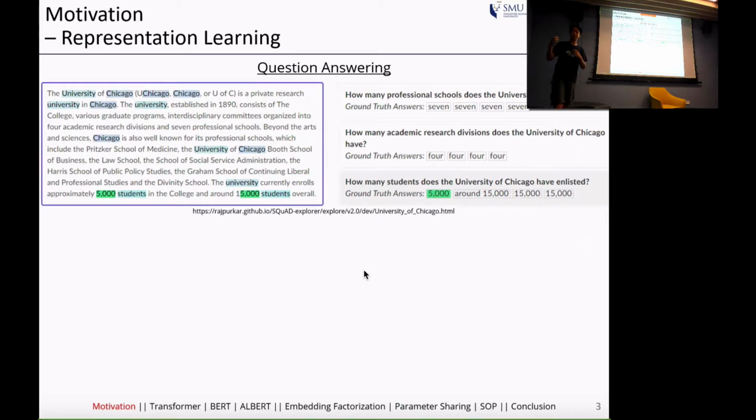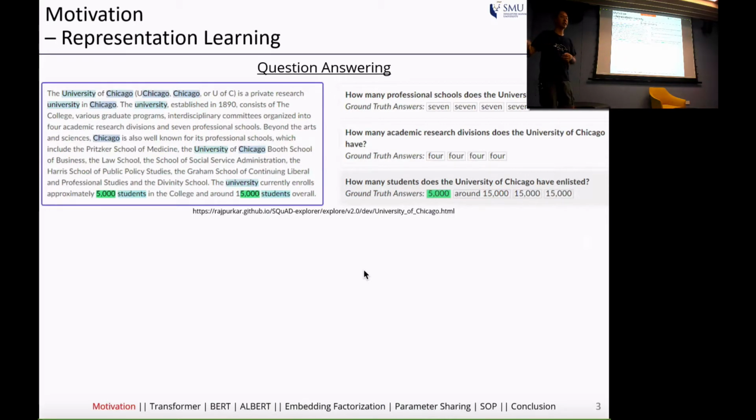Okay, so to start off, when we talk about natural language processing, we have some task, and then there's some text that we need to process. So this is an example from SQuAD. So the task is question answering. They take text from Wikipedia, and then they have some questions, and they ask human annotators to give the answers to these questions. So you can see that the text is here, and then they show the ground truth from